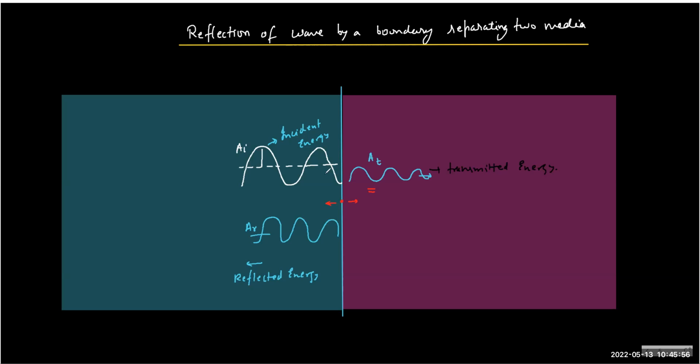It is the incident and the reflected, right? So the net displacement of the particle on the left of the boundary will be equal to yi plus yr. But the same particle on the right will be oscillated by the yt itself. And because a particle cannot have two different oscillations, the continuity equation says that